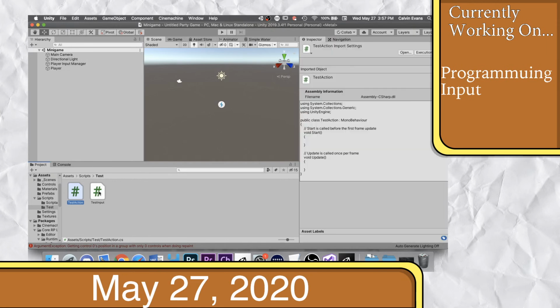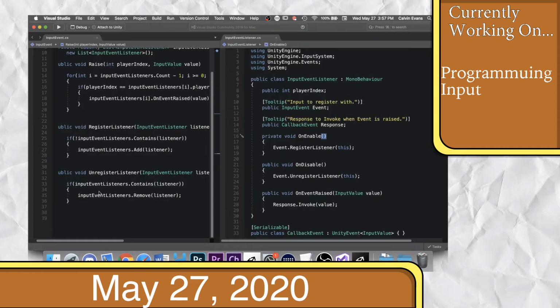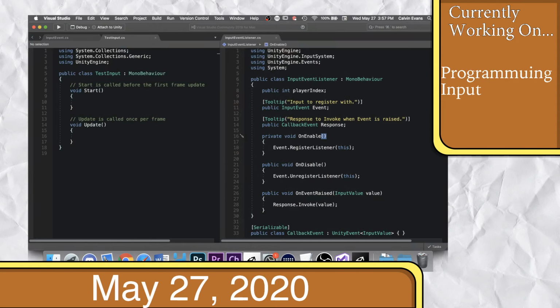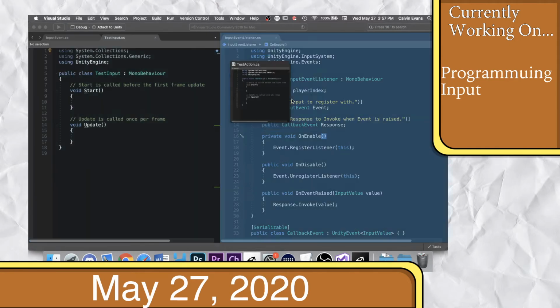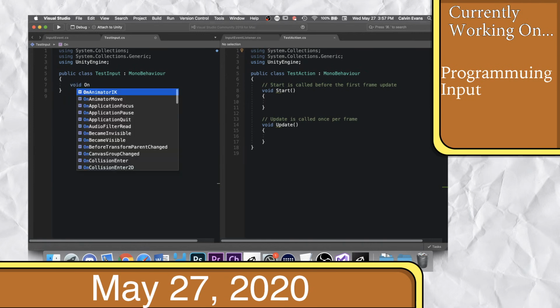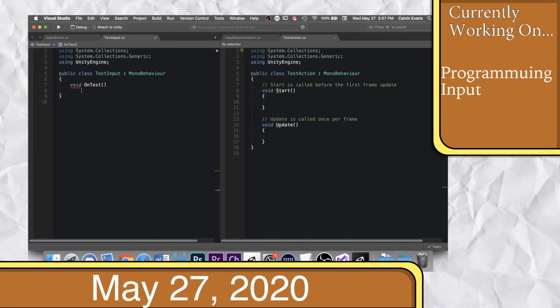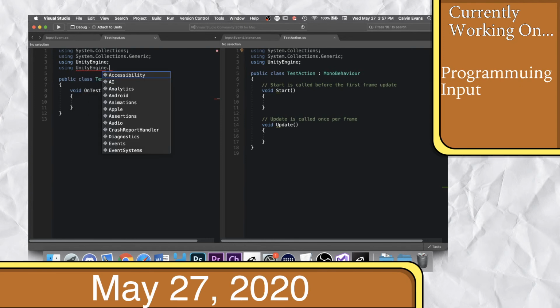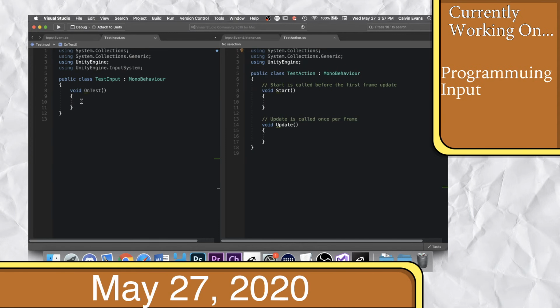Test input, test action, open up, please. Oh, we're over here now. Why are we over here, buddy? Come back over here. All right. So same kind of thing. We're going to get our test action, void on test. Ooh, I forgot how to do this. Engine.input, I think I need that. Void on test, we're going to also grab